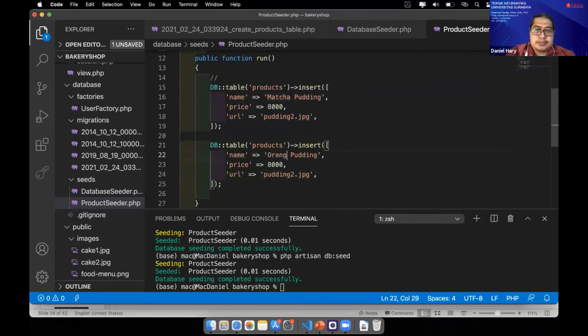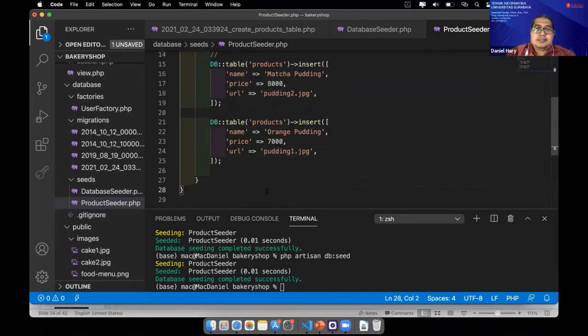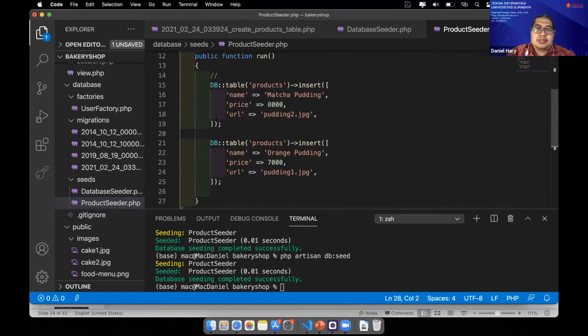Orange pudding, 100, for example, pudding 1. Okay, with these two insert methods, we will also get two products in our table, matcha pudding and orange pudding.